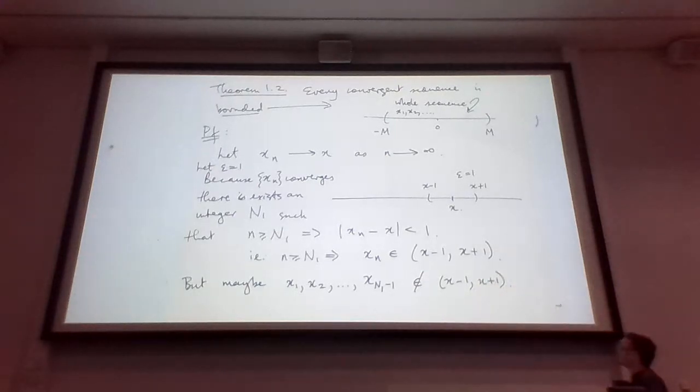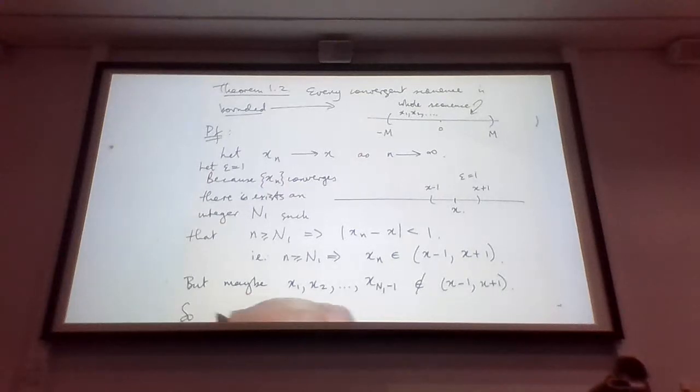Remember, I'm trying to bound things. So maybe these are large, okay? But the thing is, there's only a finite number of them. So if we let our capital N be equal to the maximum value